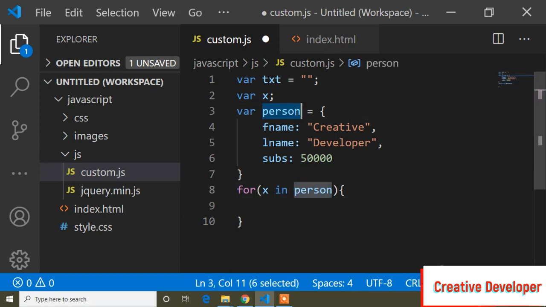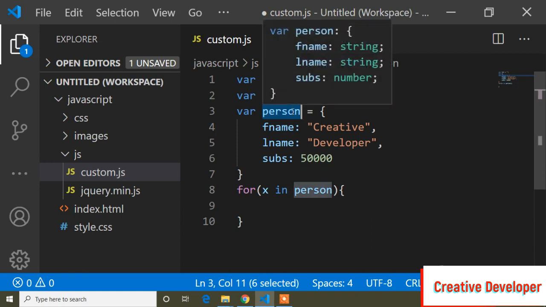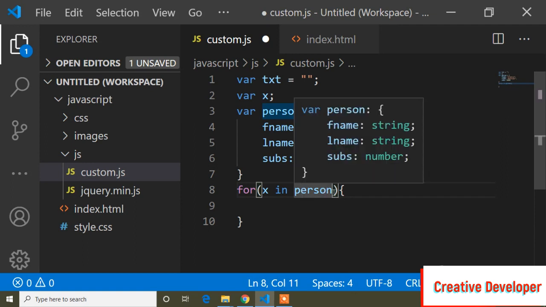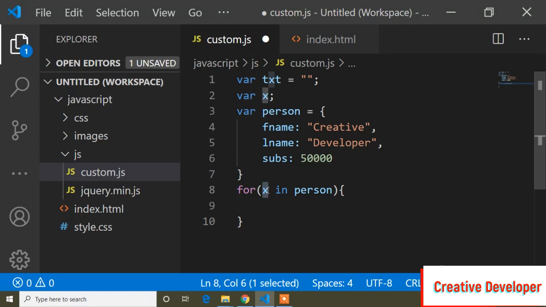The object properties of person means this is the object person, and the person's object properties are fname, lname and subs. So when I have written x in person, it's returning the object properties of person, and I have stored the object property of person inside the x variable.